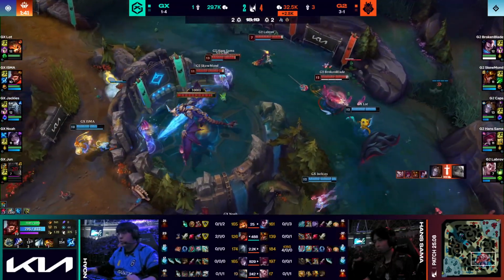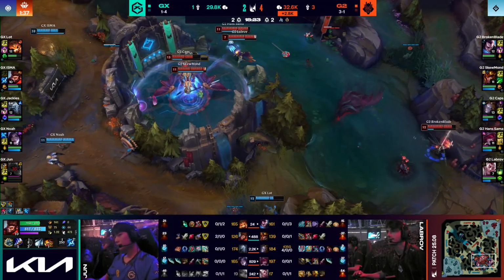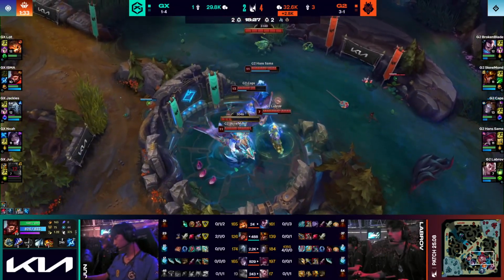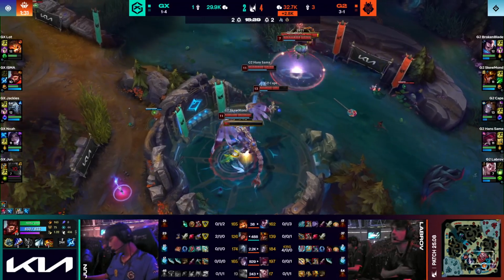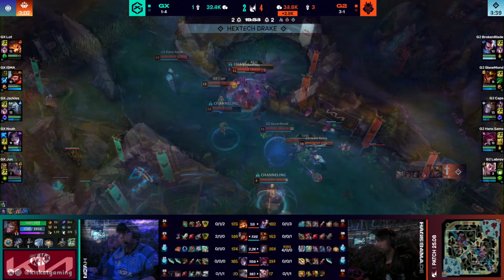No Keeper's Verdict available anymore. Isma has to flash out the back of the pit. Lot forced away by Broken Blade. G2 will happily accept Soul Point. Didn't even have to burn the ultimate from Caps. It's just enough damage from Labrov knockup and the final breath coming through from Broken Blade. So G2,